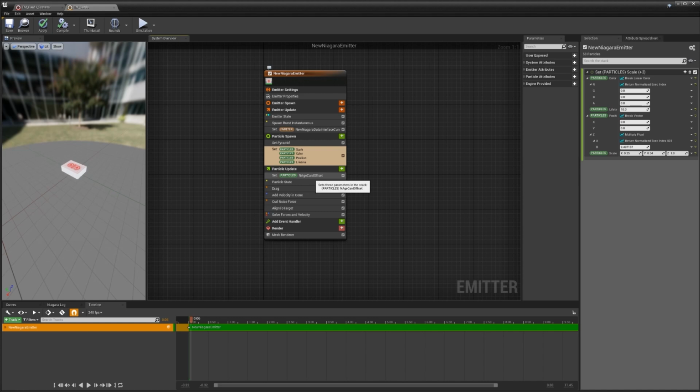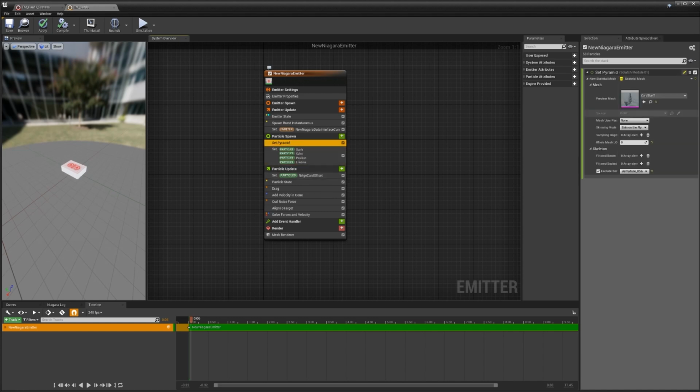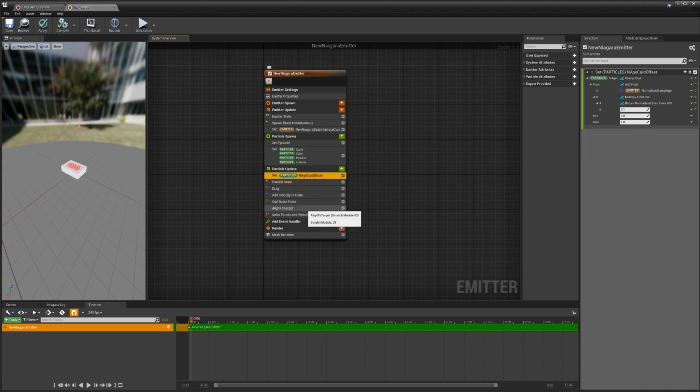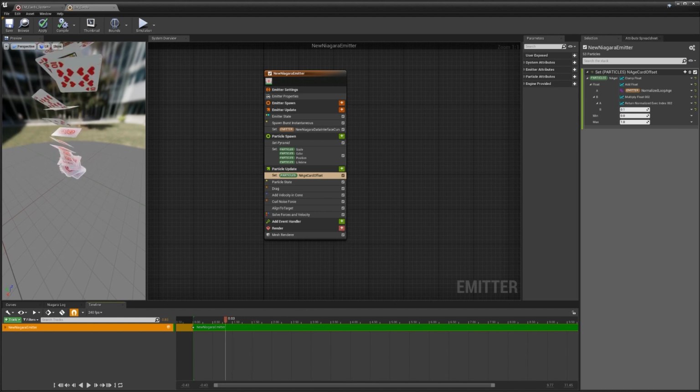So once they've spawned in and they've been set and they've gathered their end rest location, we need to do a little bit more stuff to them. So the first thing I want to do is create an offset to the age of each individual particle. If I have them all running on the same age, then they'd all perform the action at exactly the same time. But if I offset it, then I'll get a nice flurry effect where the particles are kind of delayed as they're going in, like so.